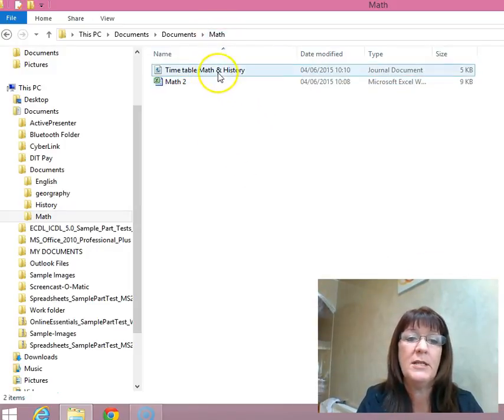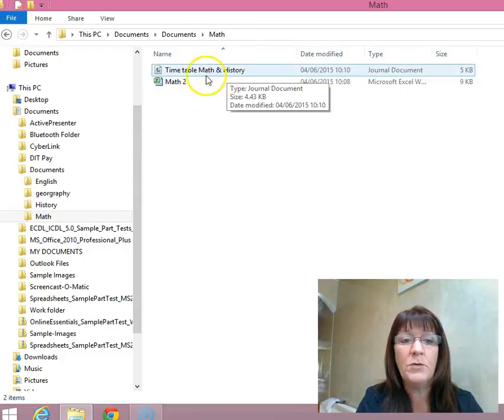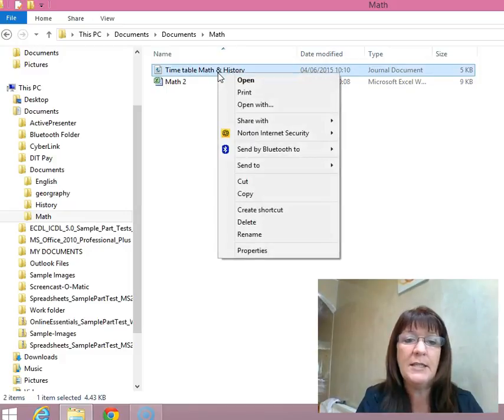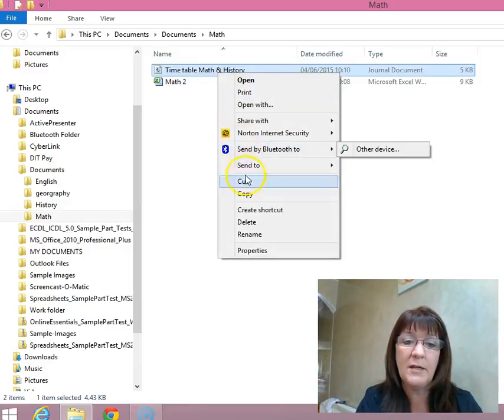I can see there's a timetable in the Maths folder that covers both the timetable for Maths and History. So I actually do need it in the Maths folder. So what I do is I click on it, I right click, and this time I'd like a copy of that in the History folder, so I don't need to keep jumping between folders. So I take a copy